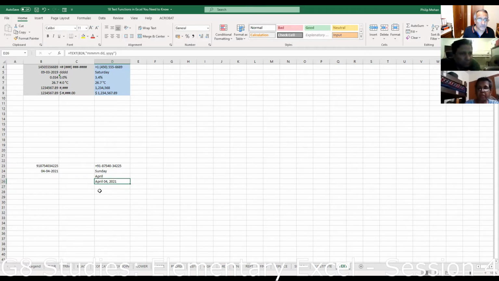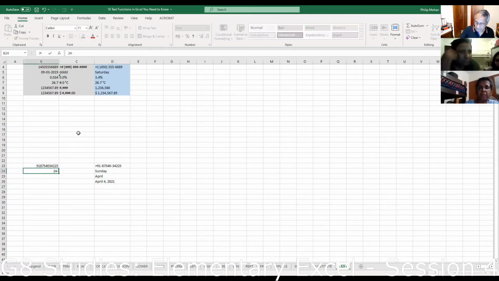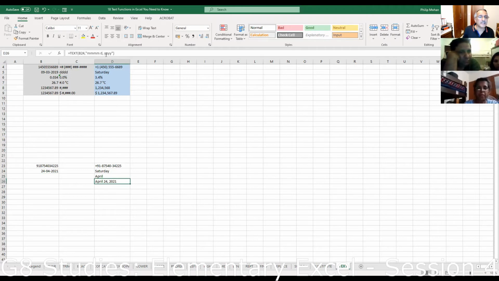If you want to delete the 0, then what you should do is probably just, I don't know, let me try. Yeah, okay. 24 21. So if you don't want the 0, you just have to put a single D. Even if you put 24th, it will pick up 24th. It will not give you the leading 0.